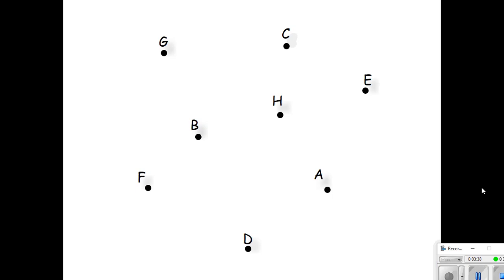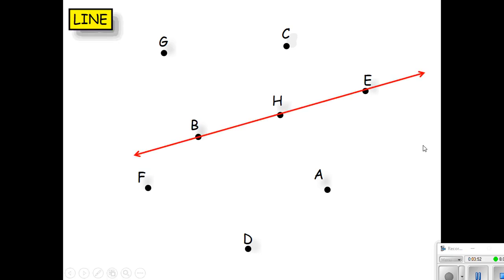Okay, so here we're going to talk about a line, a segment, and a ray. If I wanted to draw a line here, to describe where to draw the line, I would need to give you 2 points. 2 points to connect on that line. And it could be any 2 points. For example, if I wanted you to draw this line, I could tell you connect B and H